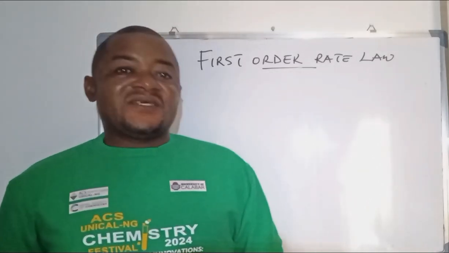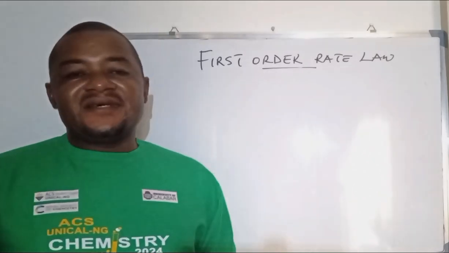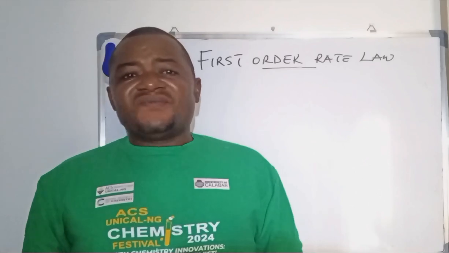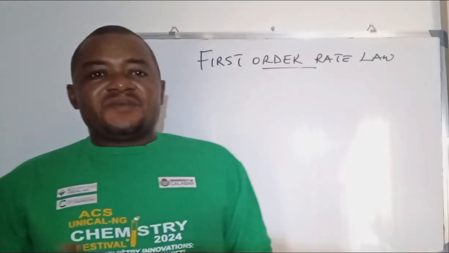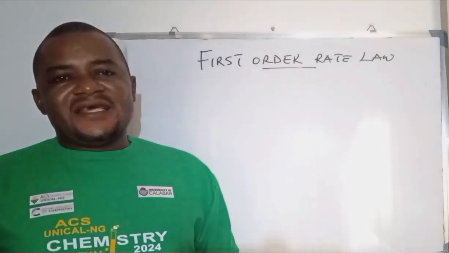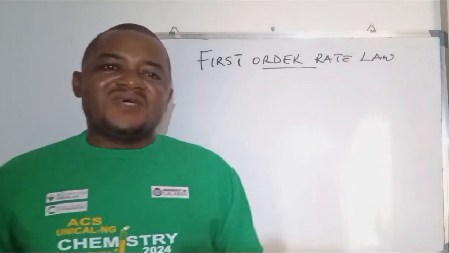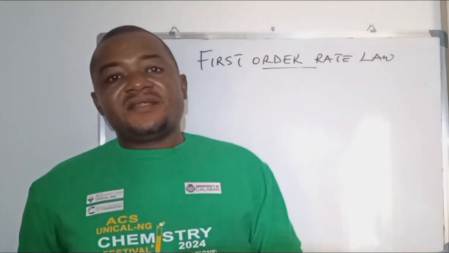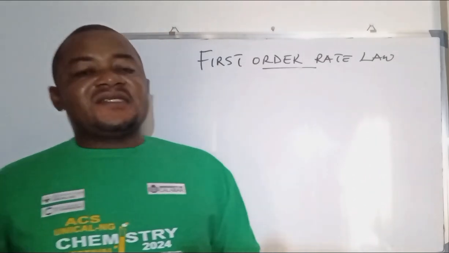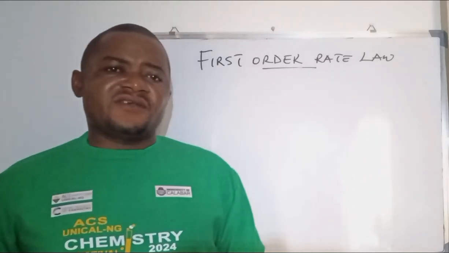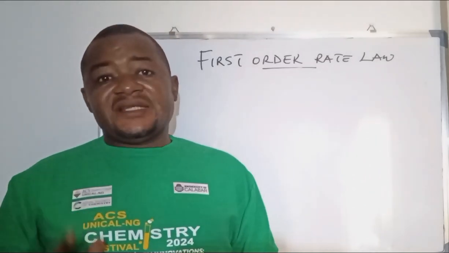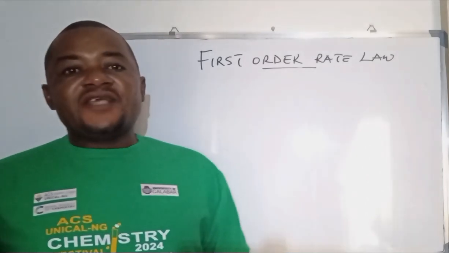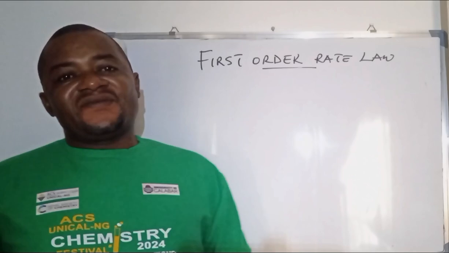Now, the orders of reaction simply explain a link between the various reactants' concentration, as the case may be, and the rate at which the reaction proceeds. So today we are going to look at that. But like I said, temperature, pressure, and catalysts are factors that affect the rate of reactions. But most importantly is concentration,